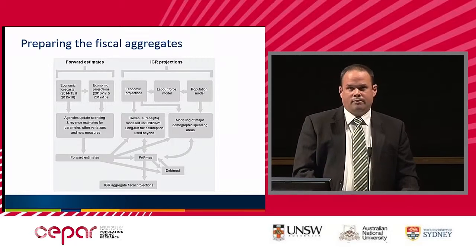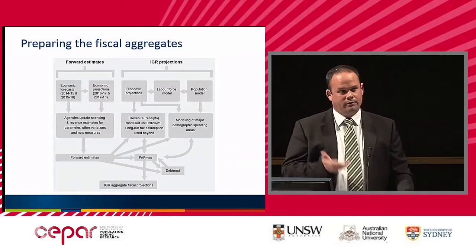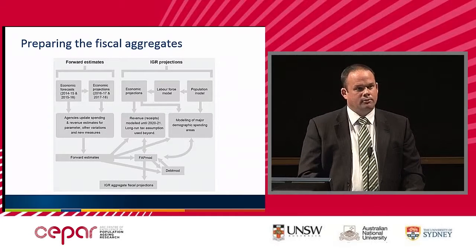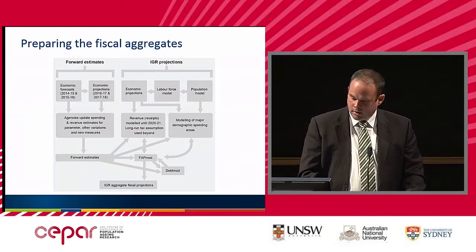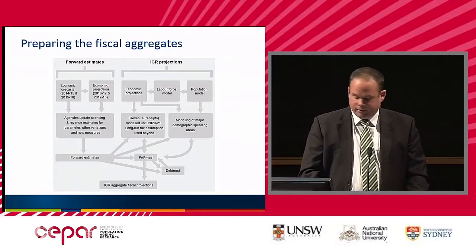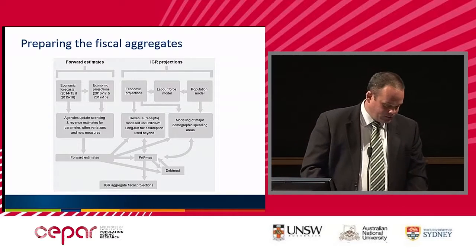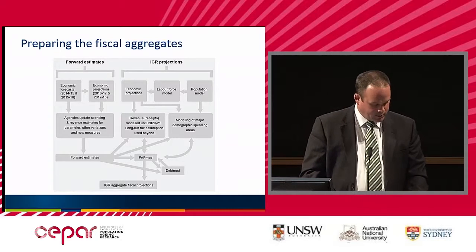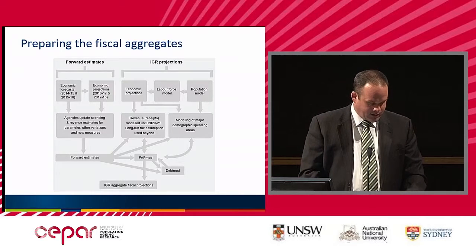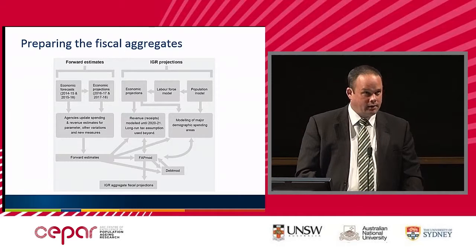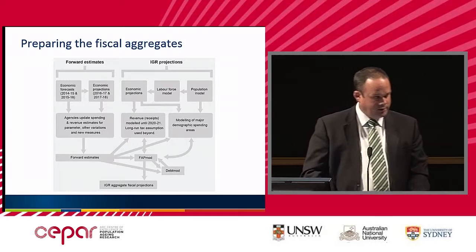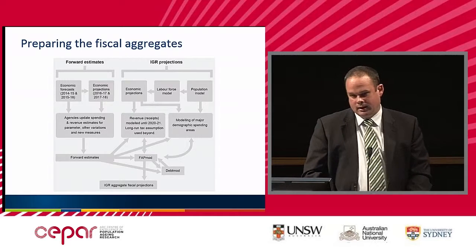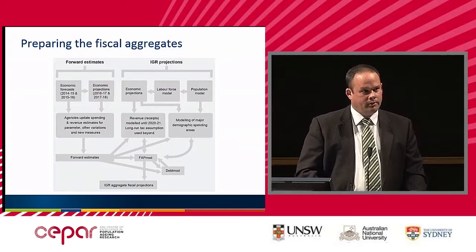And that serves as the baseline, if you like to think of it as both the fiscal starting point and in terms of the policies that were announced at that time. So then to step through what the IGR does, we have a number of different models, and taking it from the top right of this slide, obviously a population model needs to combine the factors of fertility, mortality and net overseas migration. On NOM, the policy is actually set each year, and we take the numbers from the mid-year economic